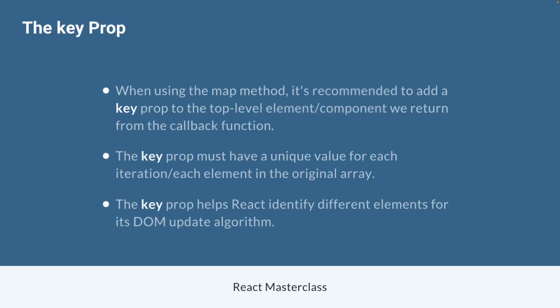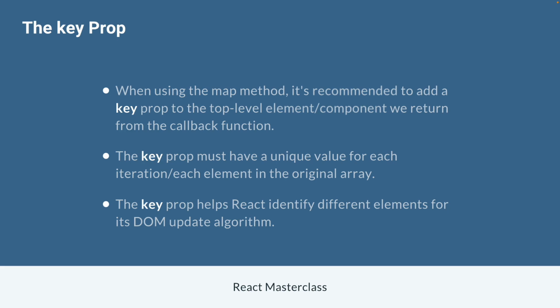So whenever you're using the map method in React, it's very important to provide the key prop to the top level element or component that you are returning from the callback function that you pass to the map method. So the prop is literally called key. It's written inline, just like any other prop. And what it must have is a unique value for each iteration, or in other words, for each element from the original array. And typically key is going to be some kind of lightweight data type, like a unique number